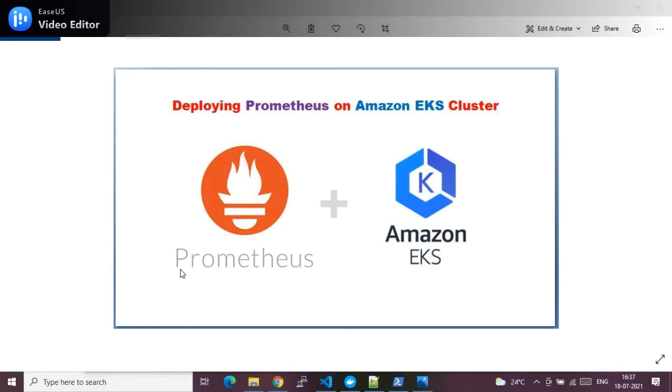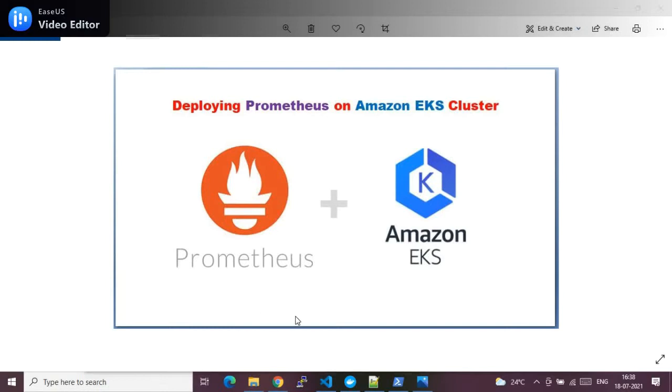Before I walk you through the command line tool, I will be using the PowerShell command line interface, where I will be invoking the eksctl and kubectl command lines to do my job. Before I walk you through those demos, let me quickly walk you through a brief bit of information about Prometheus.